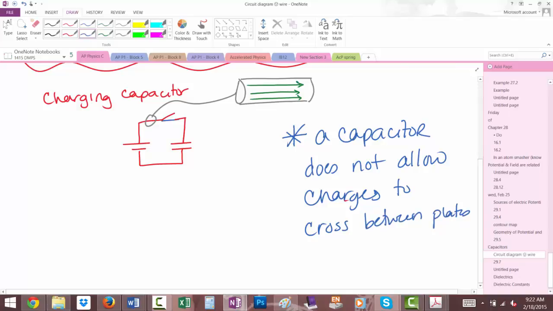The whole point of a capacitor is to collect a bunch of charge up here and to collect a bunch of charge down there so that you establish an electric field in that space. Are you with me there? Okay, so if we zoom in on the capacitor as it's being charged,